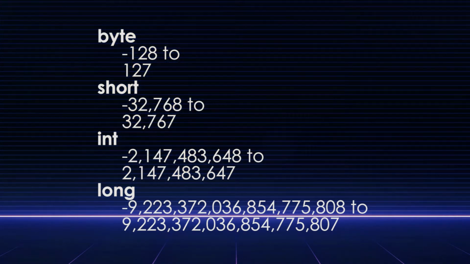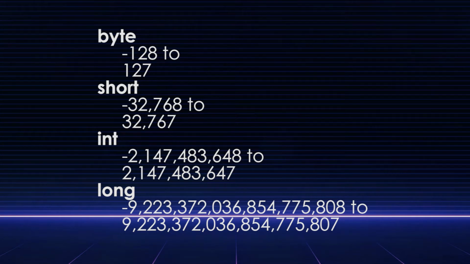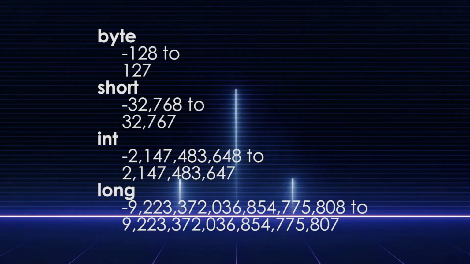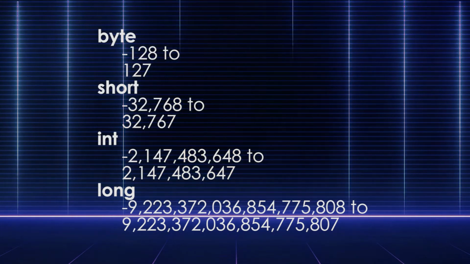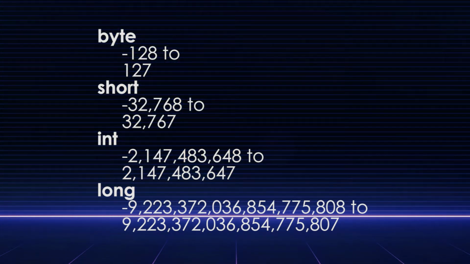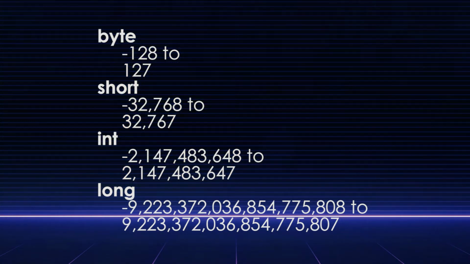And as you see in this diagram here, there's different ranges of values you can store in each of them. So a byte can only have values from -128 to 127. And a short can only store values from -32,768 to 32,767. And so on, as you see, integer value range and the long value range. You can still use a long to store numbers that would only fit inside a byte. It's just not as efficient if you know that the range of values you plan to store ahead of time is smaller than that. And as inverse, you cannot store a long value in a byte because the byte container